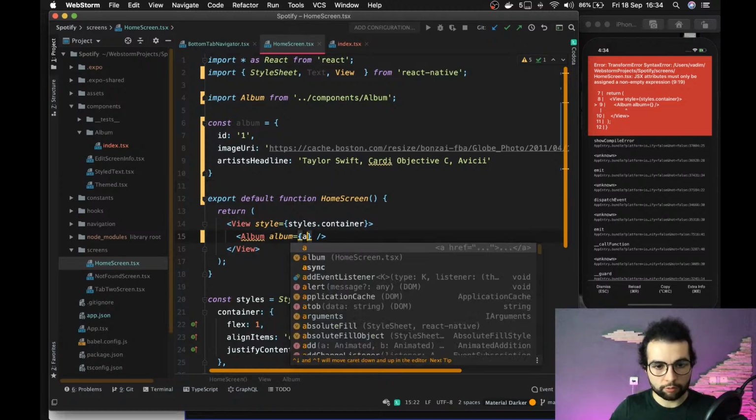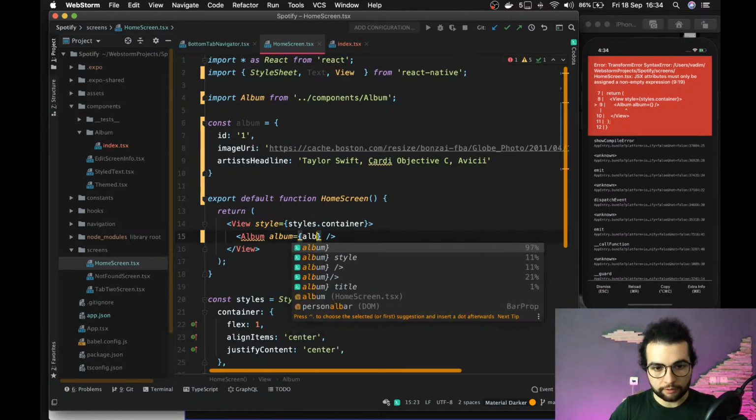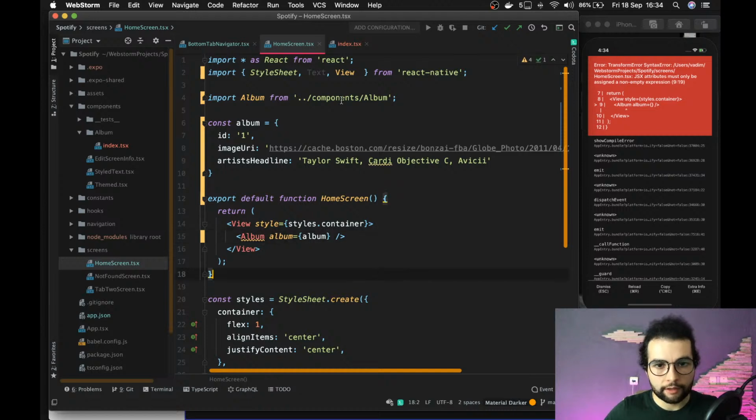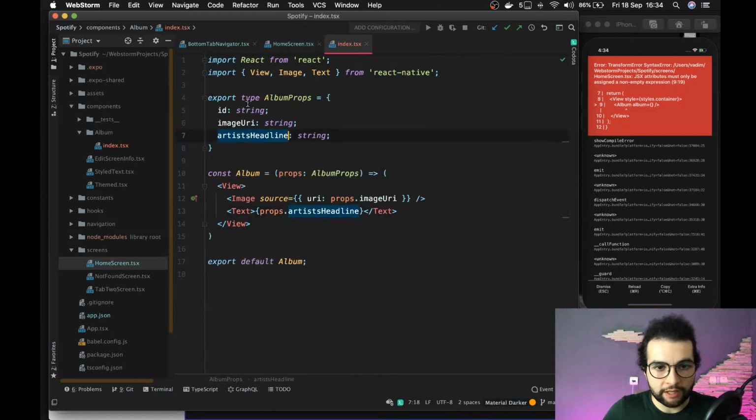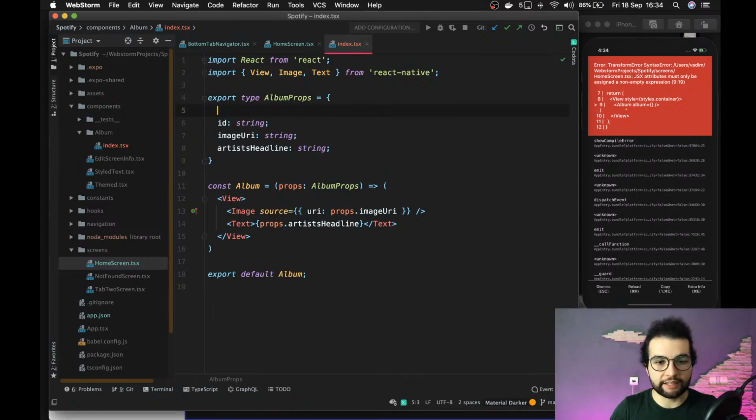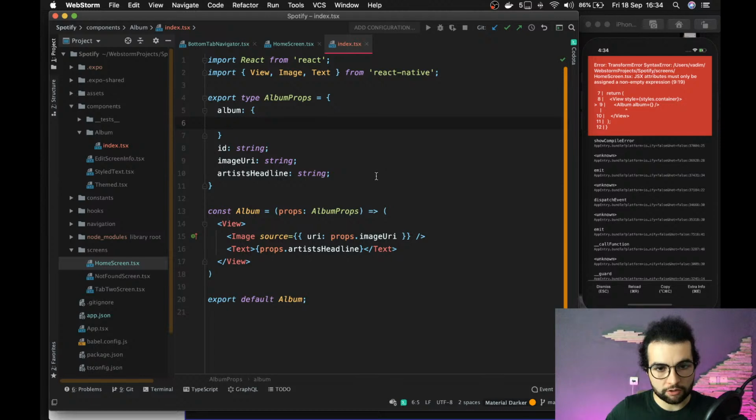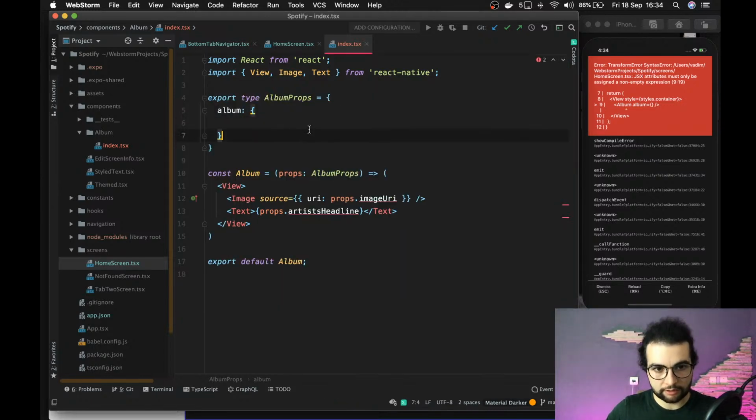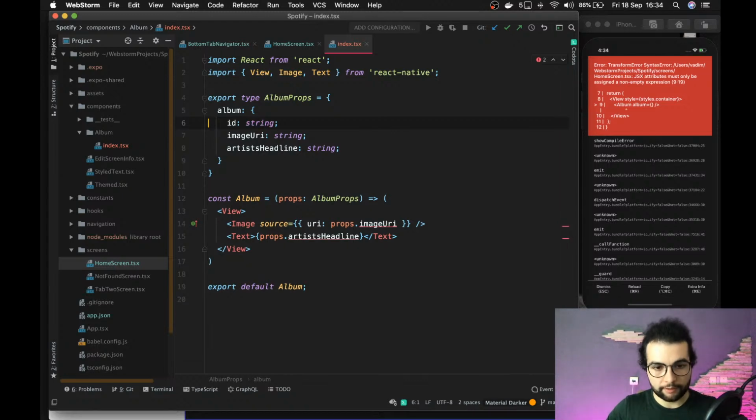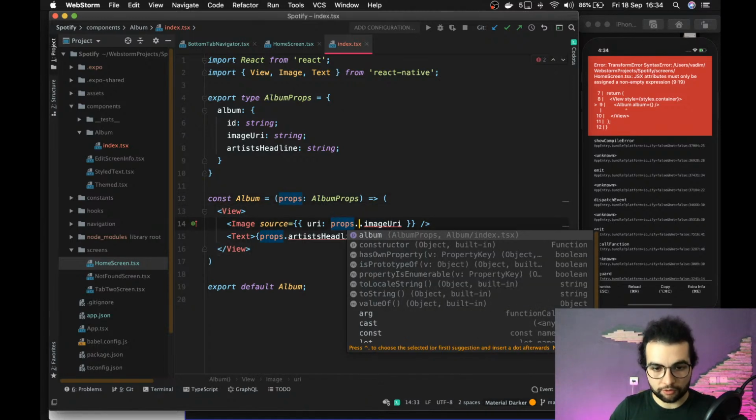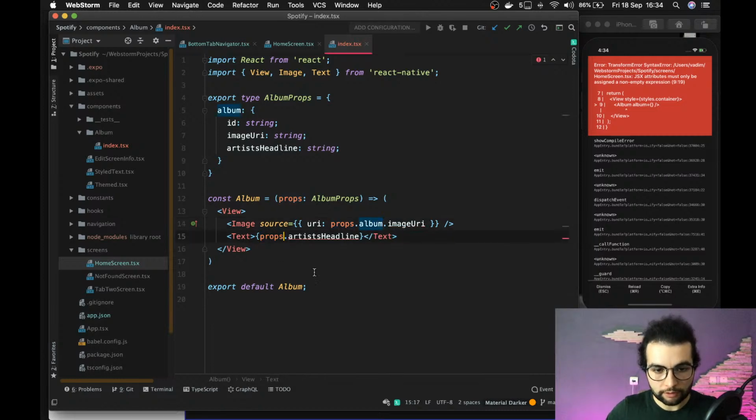Yeah, so for the album, let's send the album here, and we will need to change some things in the type because we are not receiving ID, image and artist directly. We are receiving them as part of the album. So if I'm not mistaken, it should be like this. And from the props we will, no, I don't want to confuse you. So props.album. So yeah,